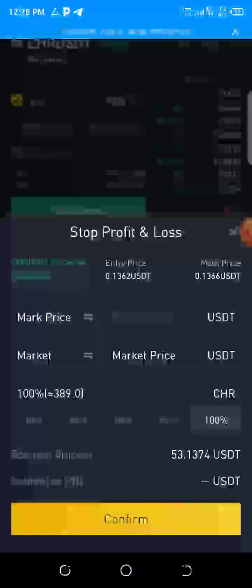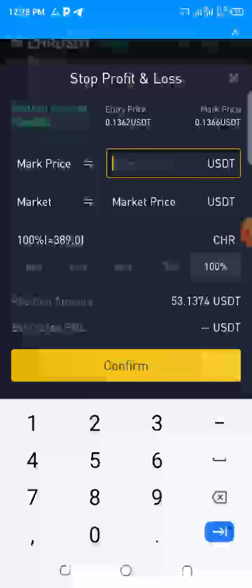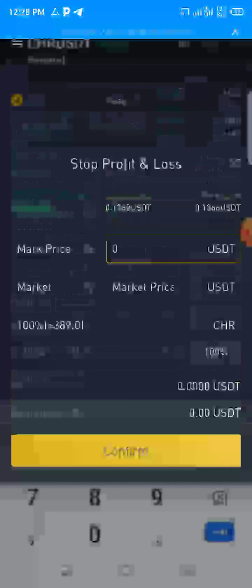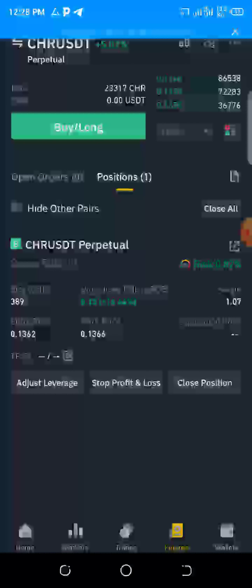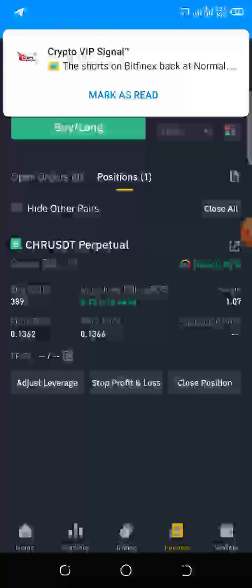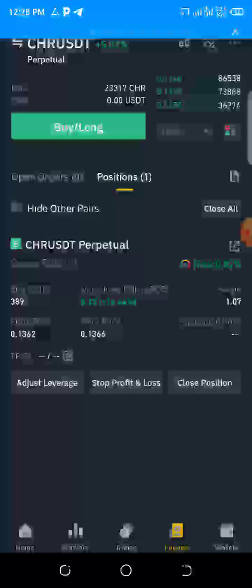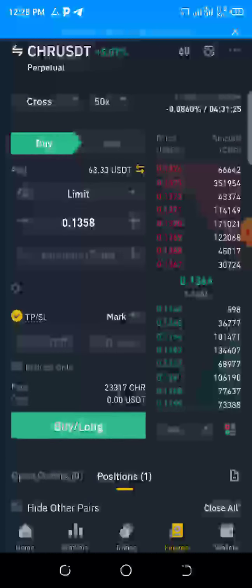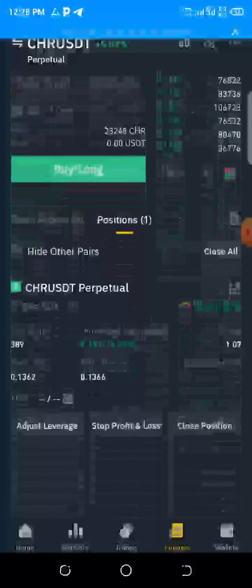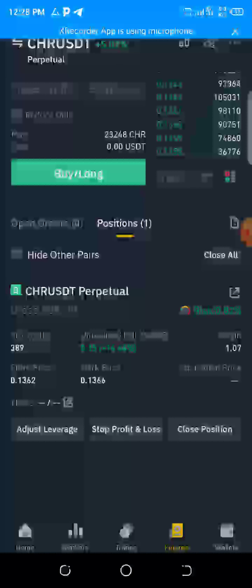If you tap on it, we have market price, last price. Now, if you look at this place, we have entry price. Remember, the entry price for this particular trade is, look at this place here, or just open close to the cross. We have the entry price, we have the size. Entry price, that's the price I entered, is 1362. Now the market is at what? If we come up here, it's around 1366. That is why you are seeing this green here. I'm making some little profit.